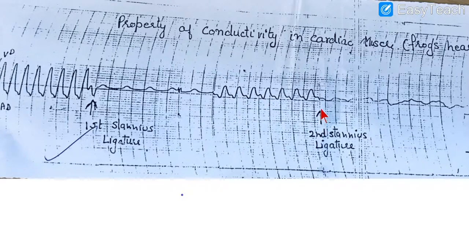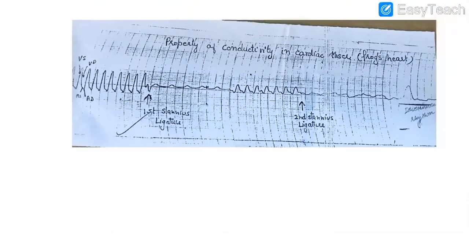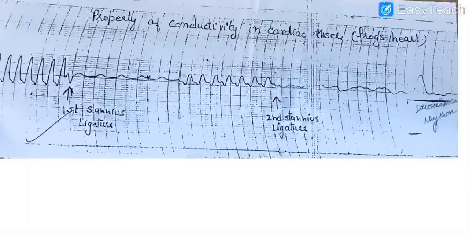Now at this point we provided the second Stannius ligature. So what you can see over here is, if we look over this, you provided the second Stannius ligature, means you tied the thread in between the atria and the ventricle, and what will happen to the ventricle? Ventricle will get confused. Like first there was a regular rhythm, then slower rhythm, now no rhythm at all. So it will take some time to respond, contemplate the thing, and ultimately it will contract on